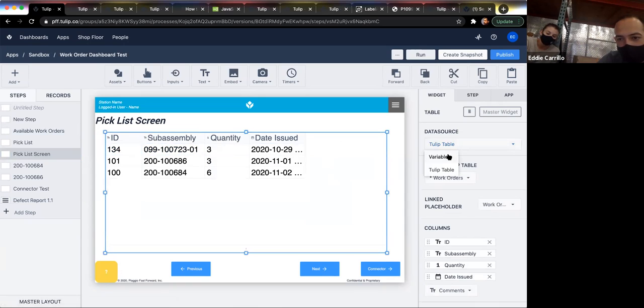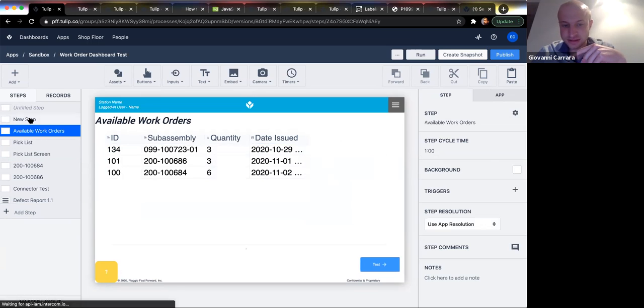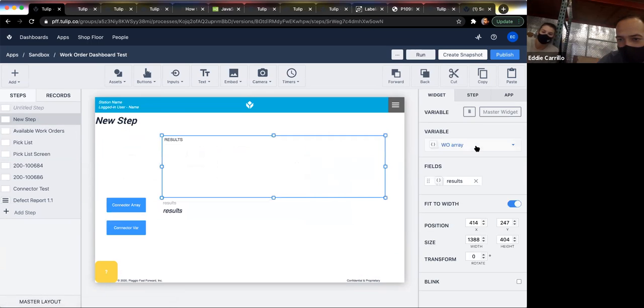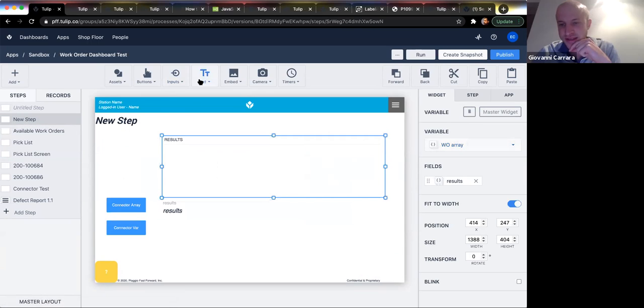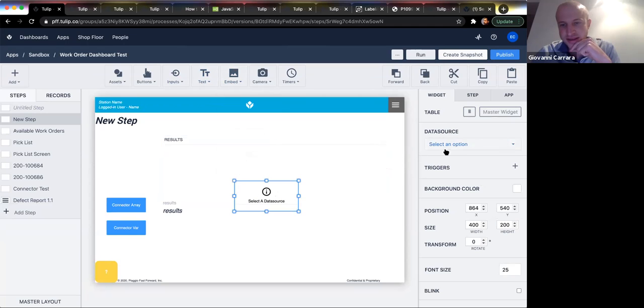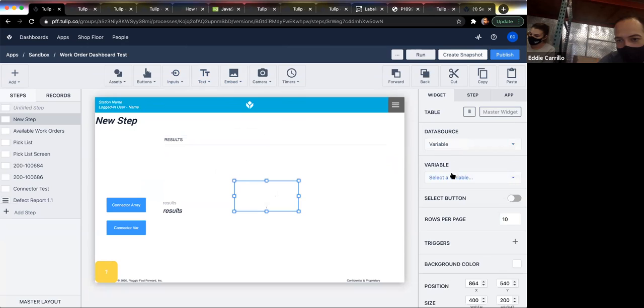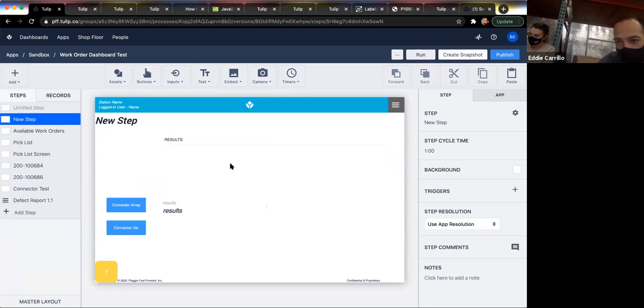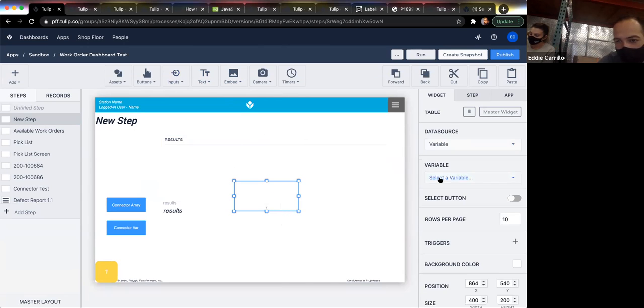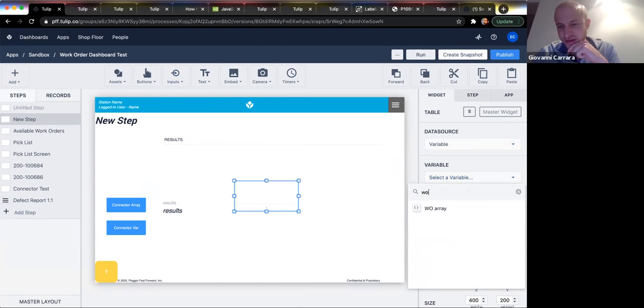Where instead of having this as a table, you show this as a variable? Exactly. Oh, that's smart. Yeah, exactly. So yeah, that's right. Let's see. And so here we would select a variable. Exactly. What variable do I have here? Work order array. And actually select results from